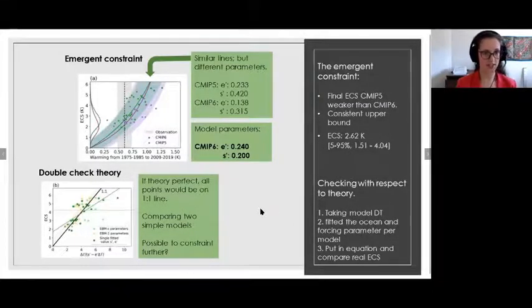We can also check the theory again, and we see that this 2-box model is probably not the best model, but it does work to some extent, and we might want to look at a better model so that we can get the exact line that we need, because the regression is dependent on what functional form we use between the thing we've observed and the thing we want to predict. That was it.